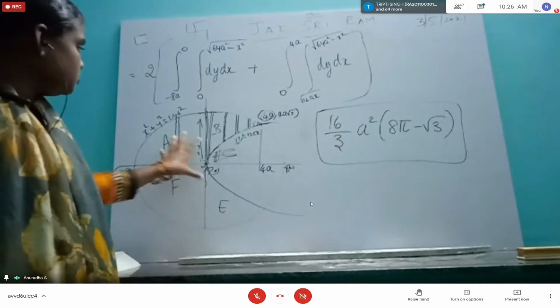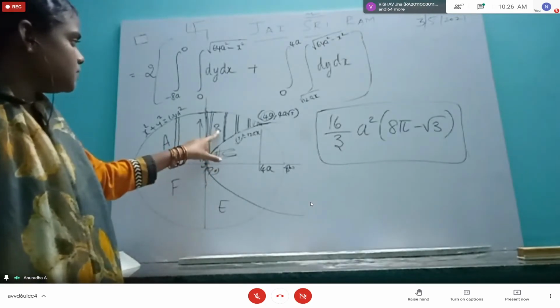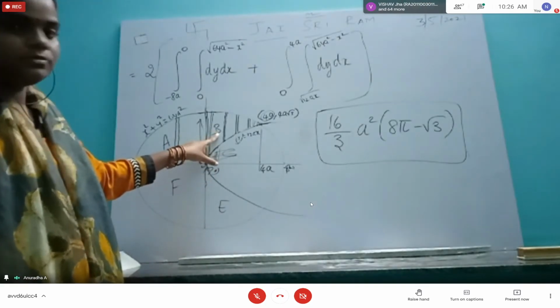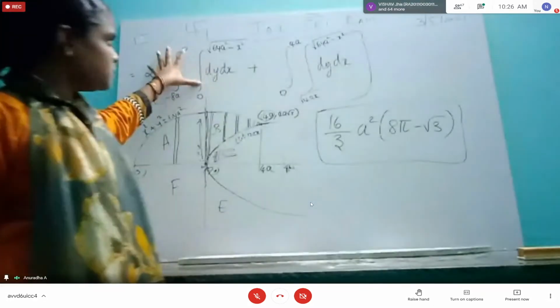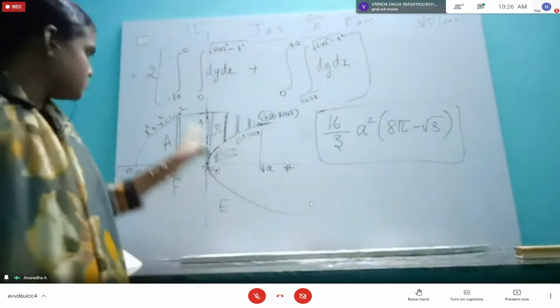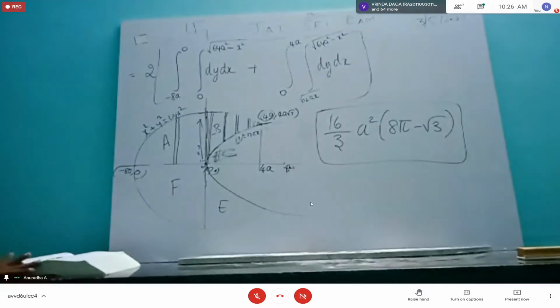They will give you this diagram itself. They will ask you what is the boundary for D. They will give you this alone. They may confuse you. So this is one important model. So more than the solving part, please learn how to fix the limits, how to draw the diagrams, all such things.